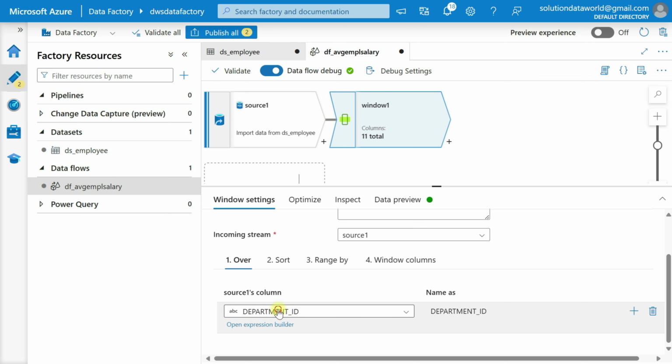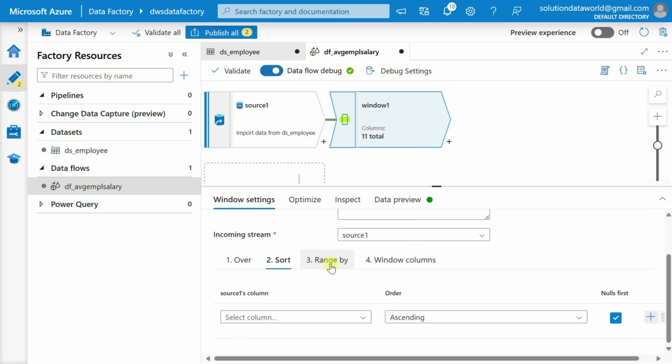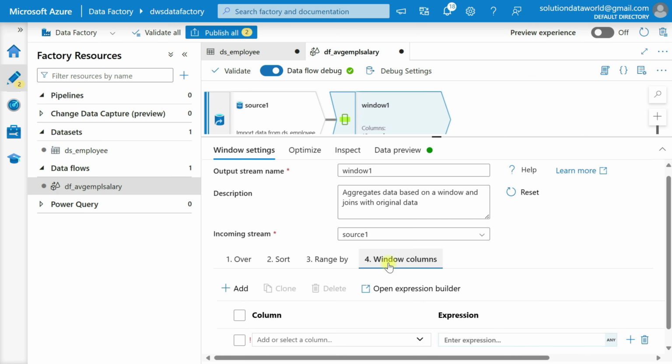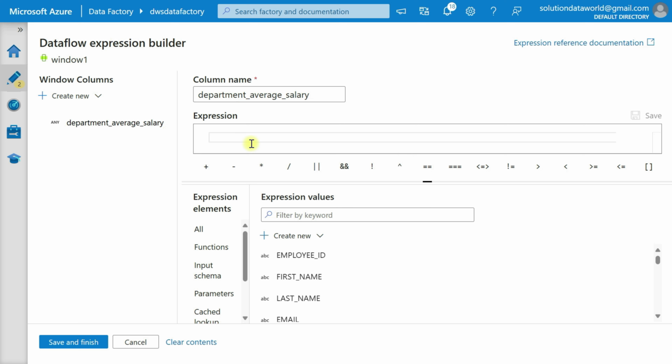So I am choosing here employee ID. Okay, let's choose here employee ID. No need to configure this sort. No need to configure here range by. Go to here window column tab and write here column name department average salary. Okay, click on this any button to open here data flow expression builder, and you can use